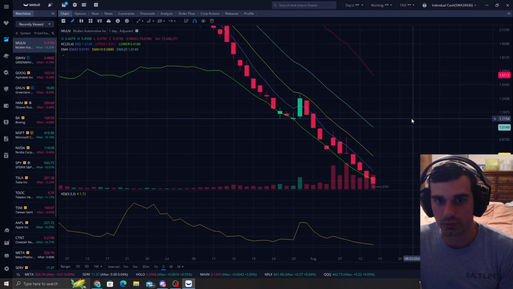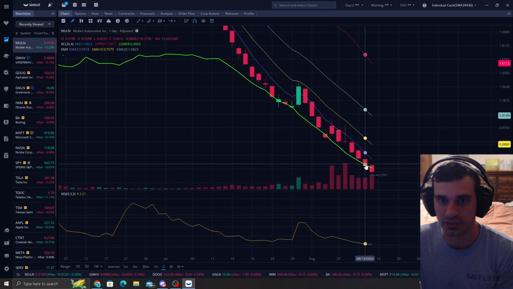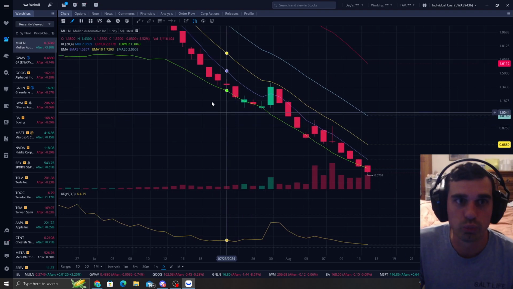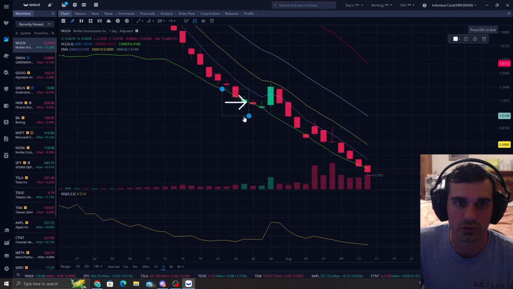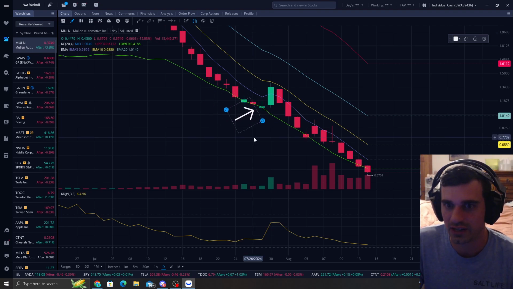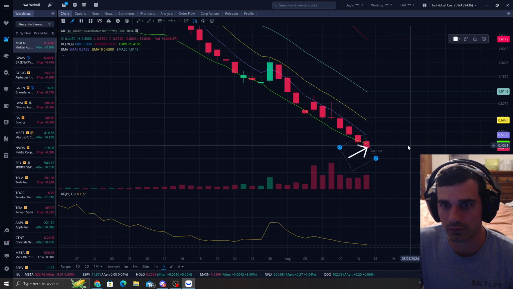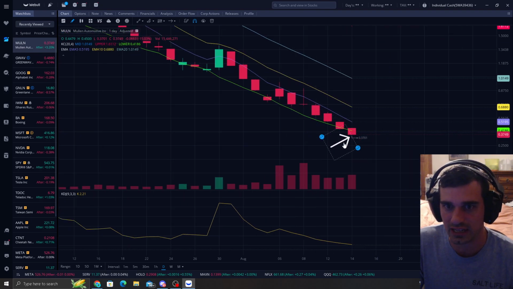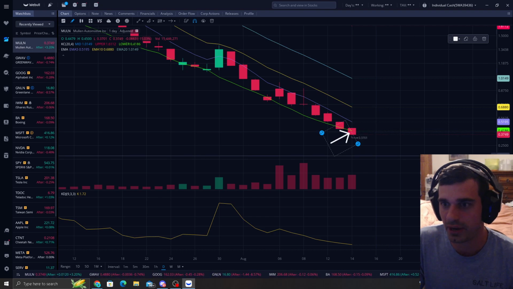Even if the market's really bad, I really think that doing this system, we can find these oversold areas. That's really what we're doing: once it gets close to this or penetrates it, we're buying MULN. And right in here, it got very close and it actually penetrated, so I decided to buy MULN on this candle.